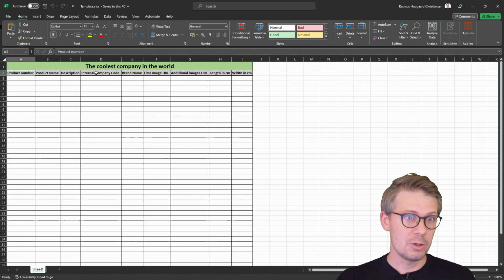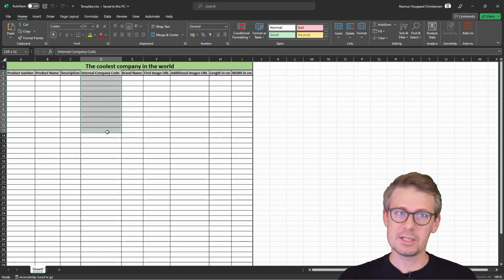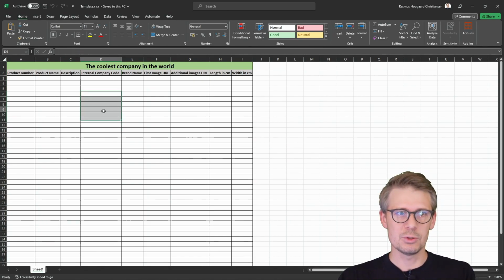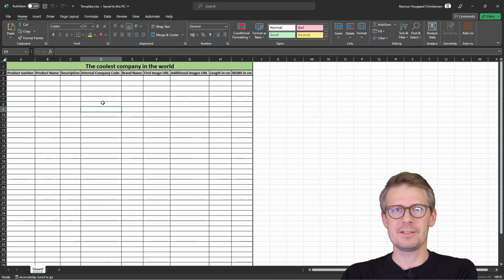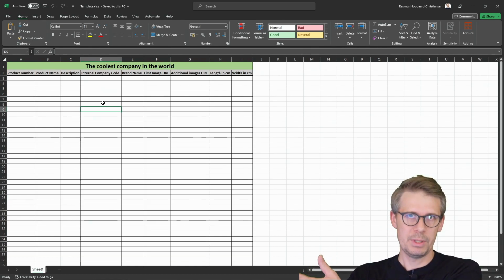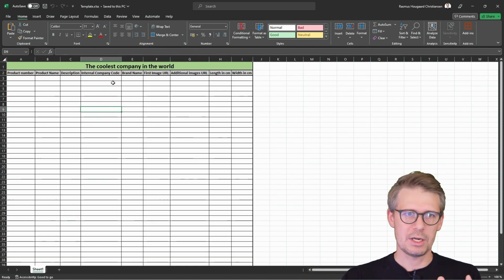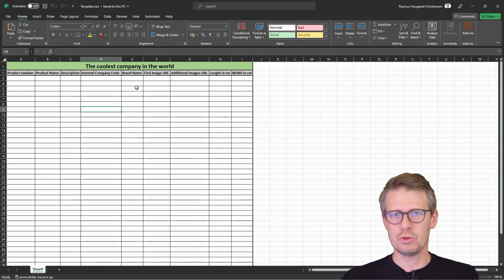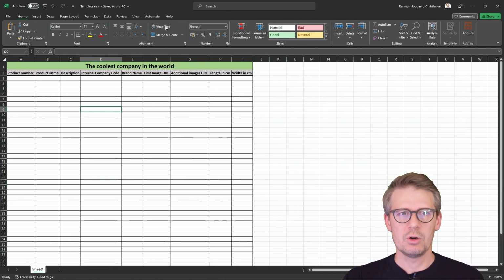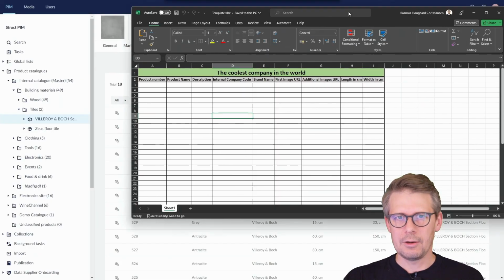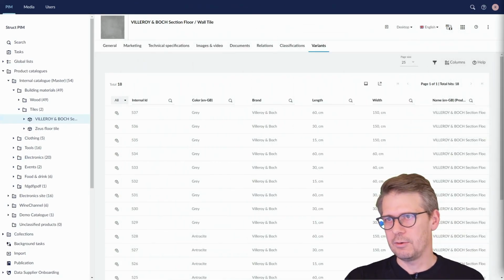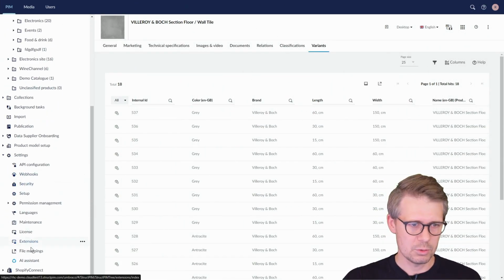They also have a column here called internal company ID, which I should not fill anything into. This is what they need to enrich in their system before importing that into their PIM system. So there are some columns that I should fill out, and there are some columns that I shouldn't touch anyway. So I'll just drag this template to a window you can't see right now, and then we'll go to this file